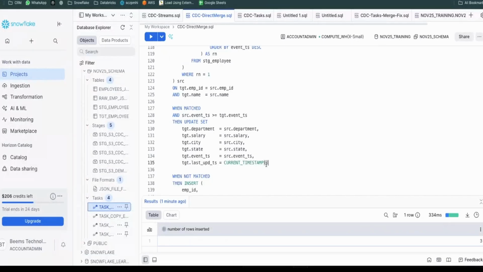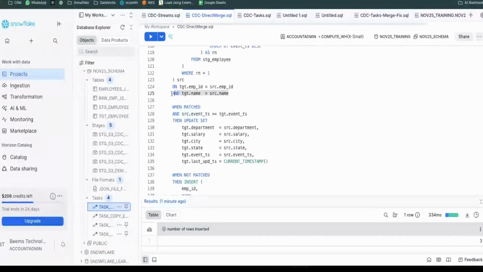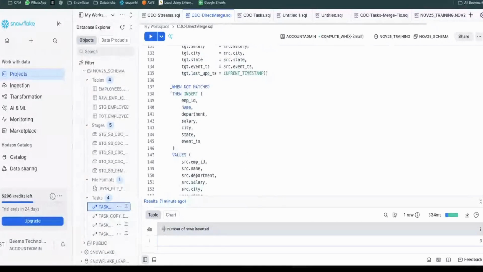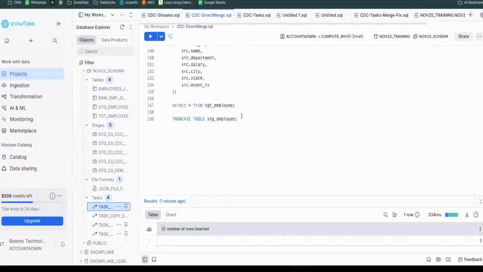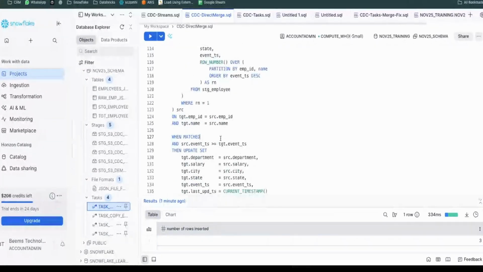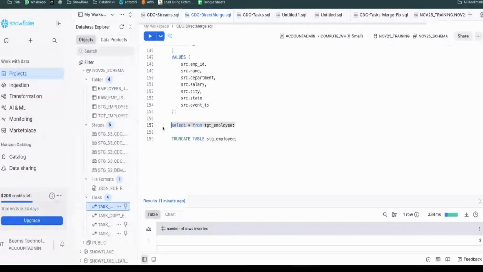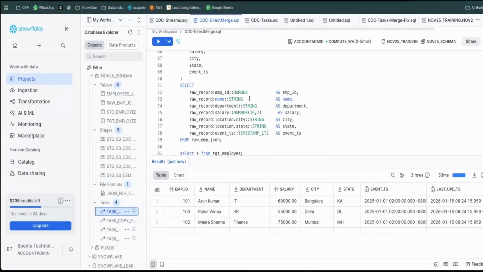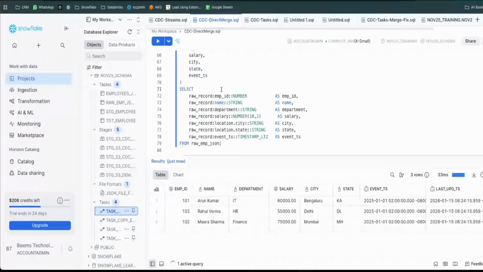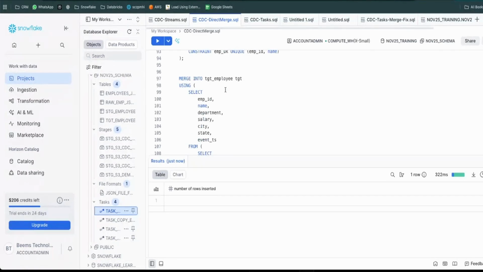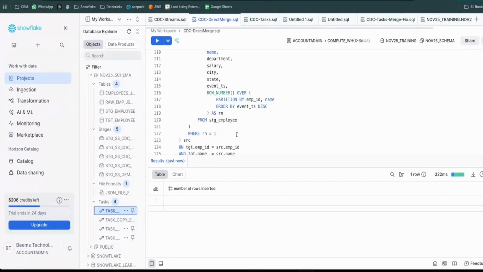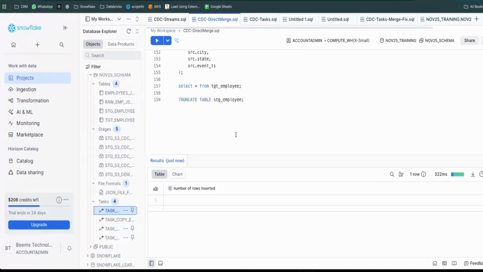Suppose this combination, the record is not present, what I do is just insert the records into this target table. So now the staging table has this many records, and I am inserting the records into the target table. What are the records I have in the